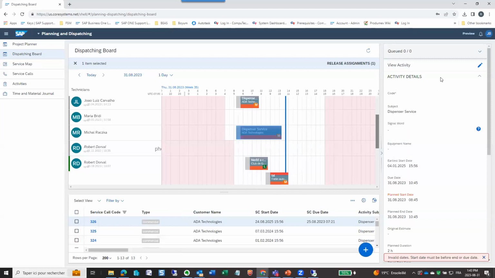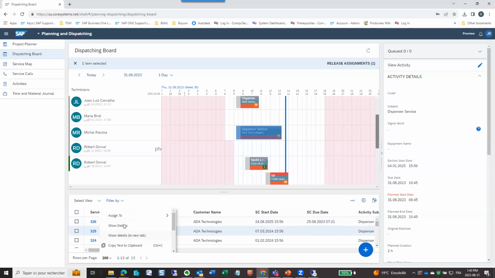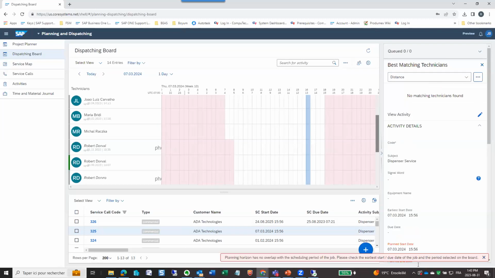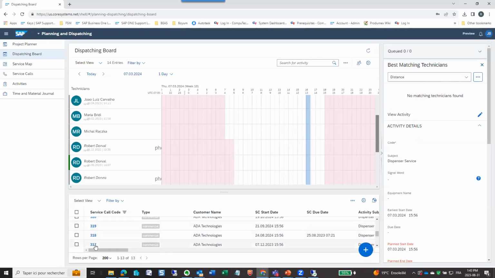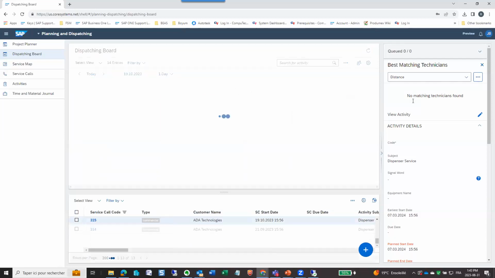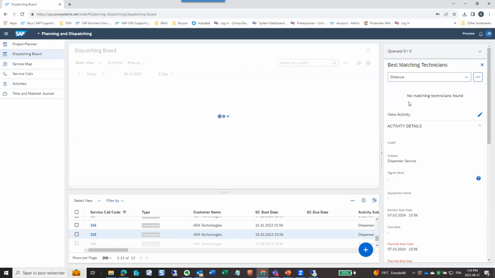And the system normally would go here on the right. Oh, there was some, let me see. Planning horizon has to overlap with the scheduling. So there was an error in this, but I will try with another one, maybe a later one here. If it doesn't work, we'll have to skip this part. But the system would normally be able to